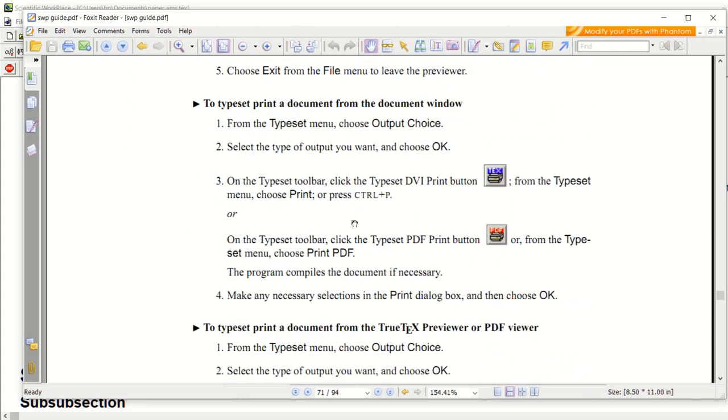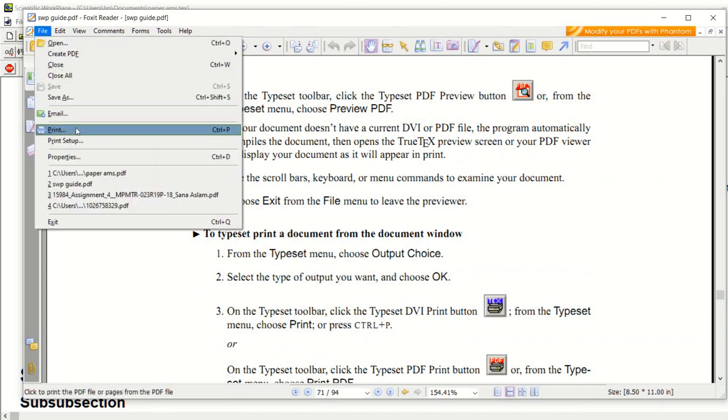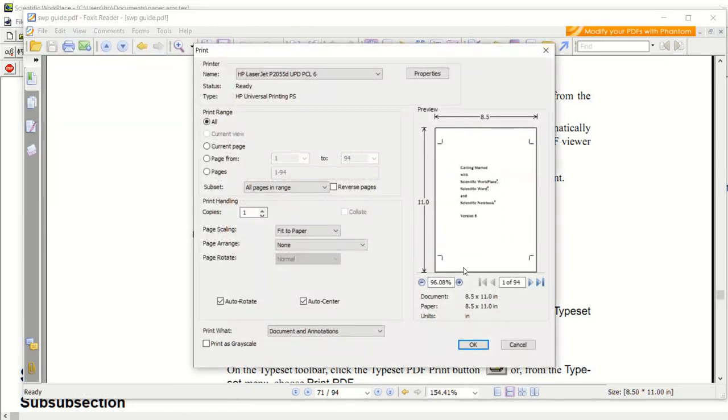You can print your PDF file from the print button. You can also use the file menu to print by clicking print or pressing Ctrl P. This is the print setting of your document. Here you can choose your printer and set the page numbers that you want to print, and then click OK to print your document.